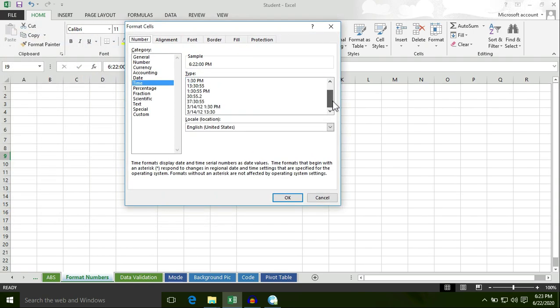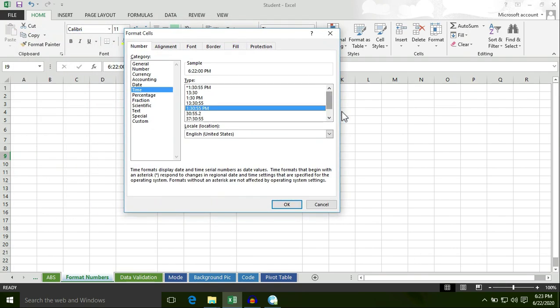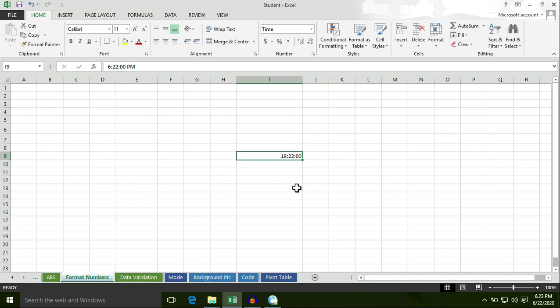I'm going to choose this format. So the current time is 18 hour 22 minutes 0 second, or 6 hour 22 minutes 0 second. Here is the old format and here is the new format.